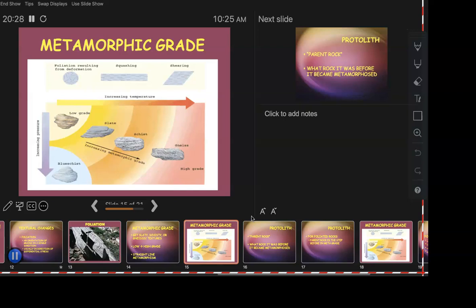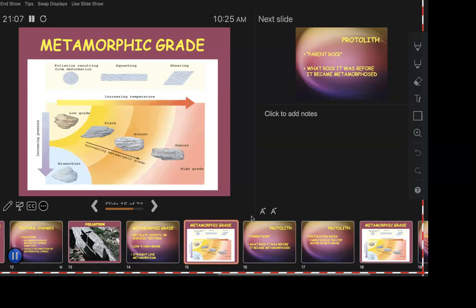And if you leave it too long, who remembers the rock cycle diagram? We just got done more or less talking about the rock cycle. What's the step beyond metamorphism? Yeah, remelting. All right. Right before we've got magma or lava, we've got that arrow that was the step of remelting. You leave it in there too long, you can't burn a rock, but you can melt it. Okay? And that is beyond gneiss. It would be awesome beyond gneiss, I suppose.